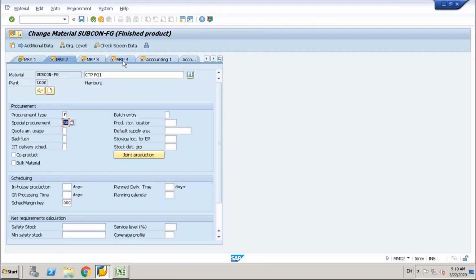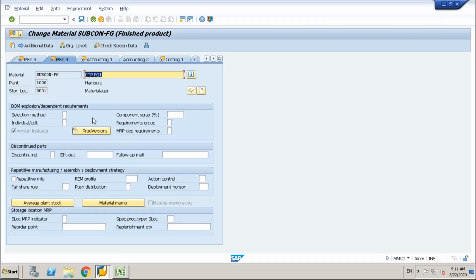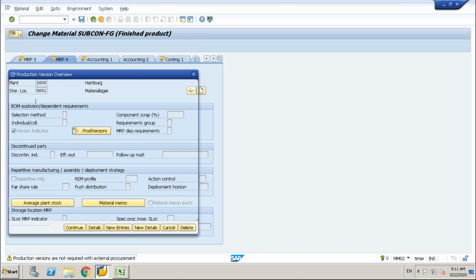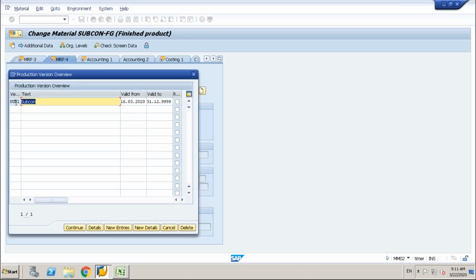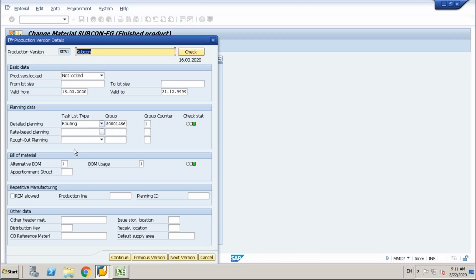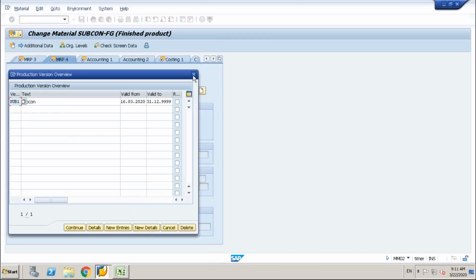And then if you go to MRP4, we have a production version. Sub 1 is the production version. Note it down, where I've linked a routing and an alternative bound, which is standard. Okay, and now we go to